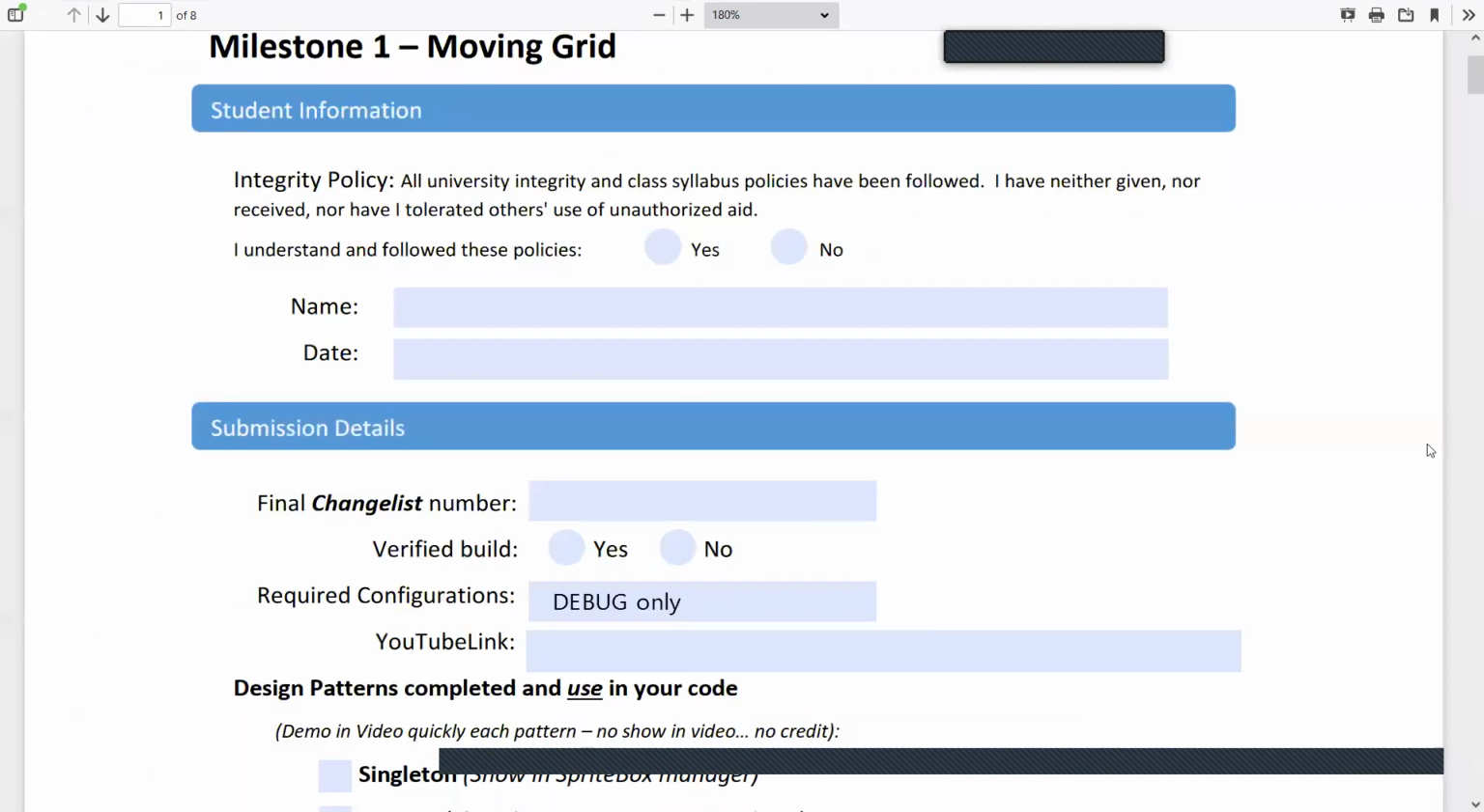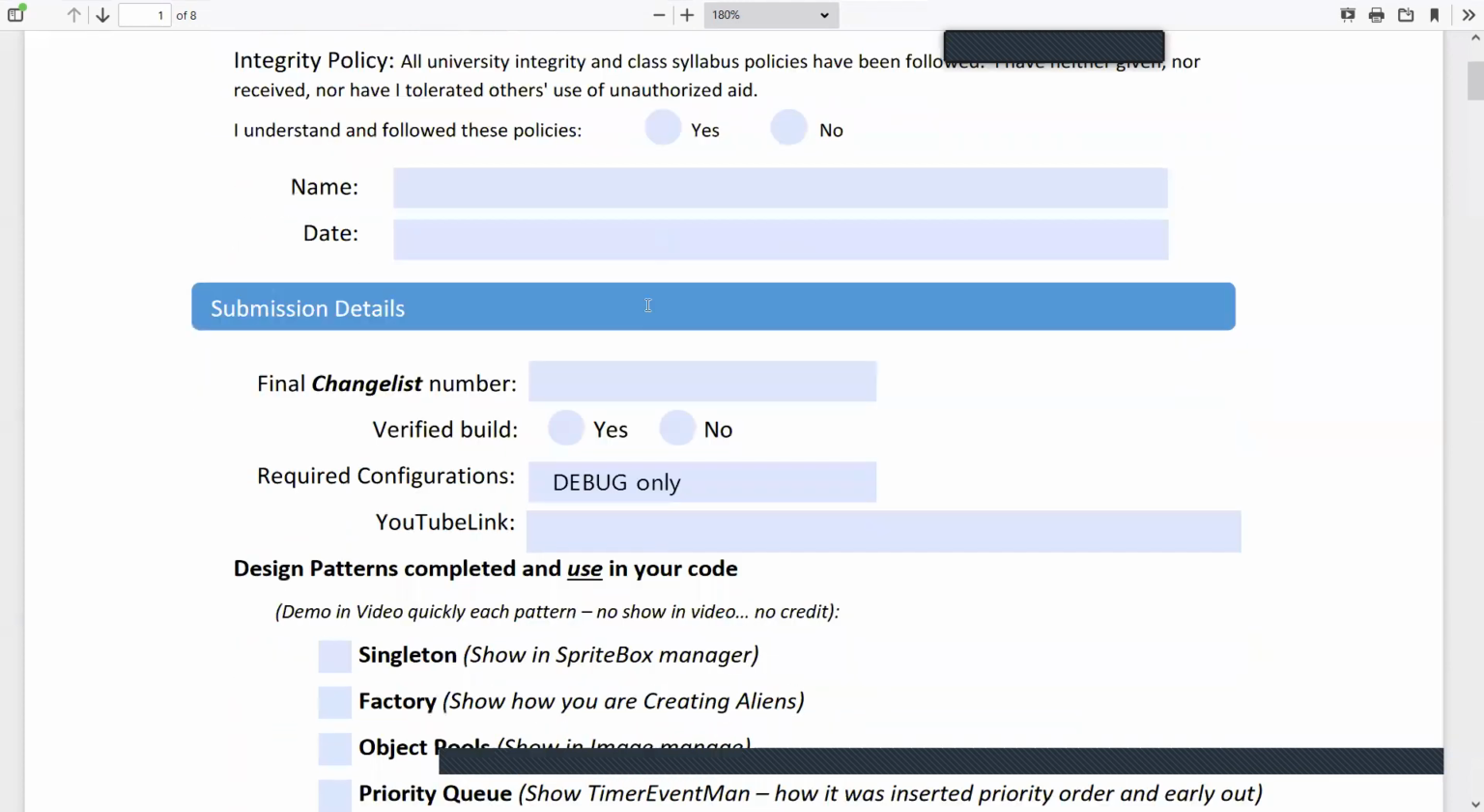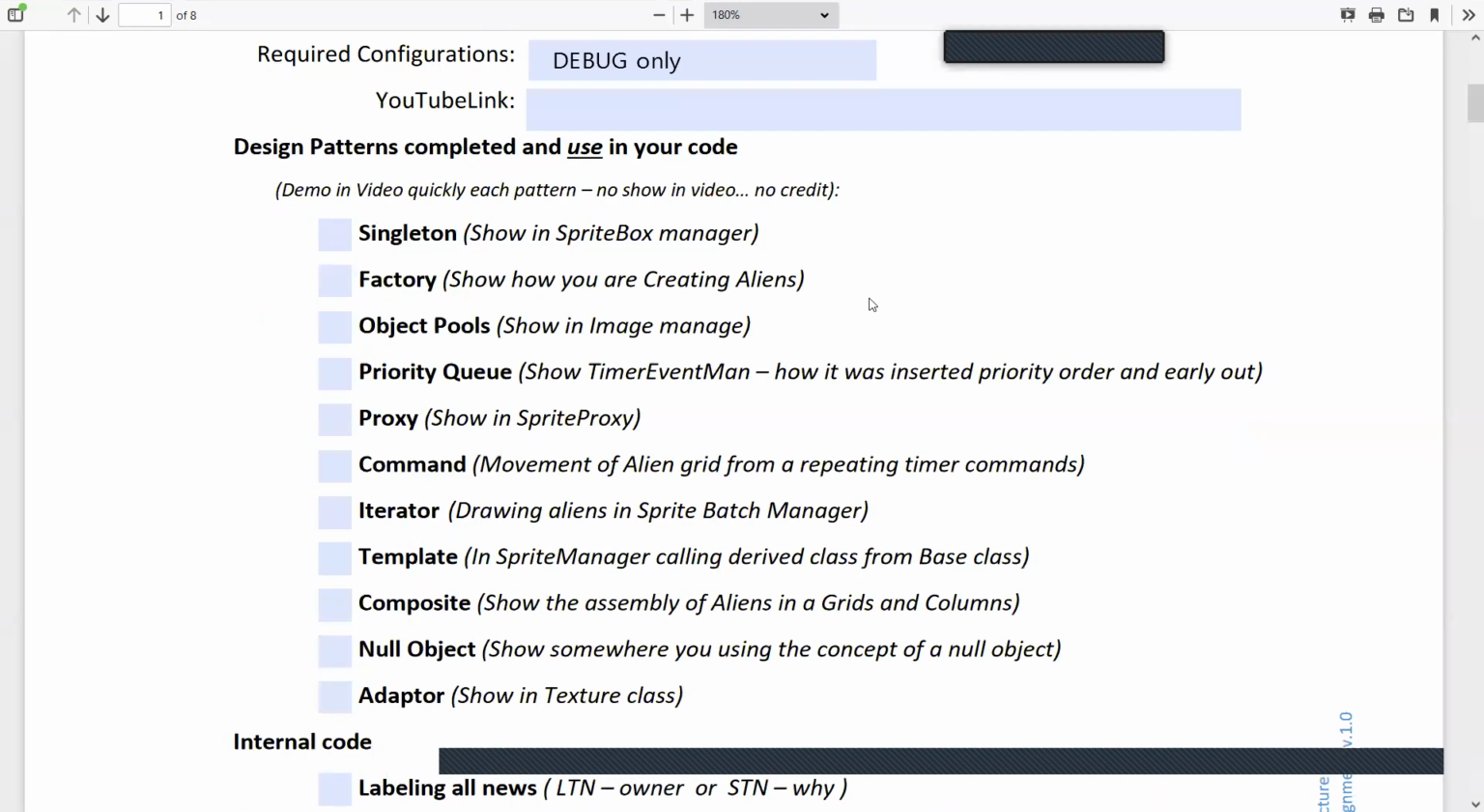So here's the thing. You know, did you cheat? Yes or no? Blah blah. And you're going to basically, in this first pattern, the goal is to make